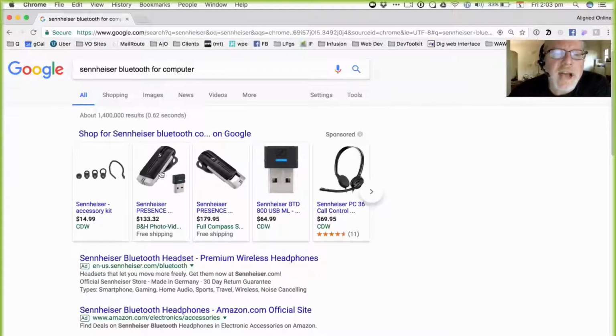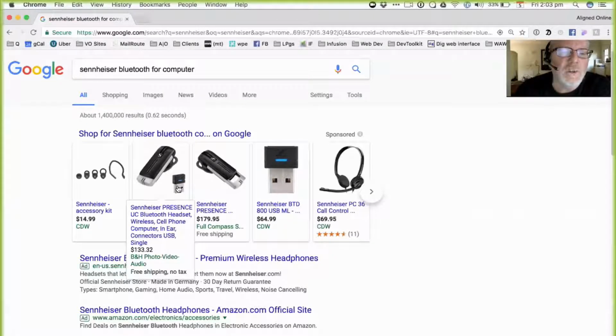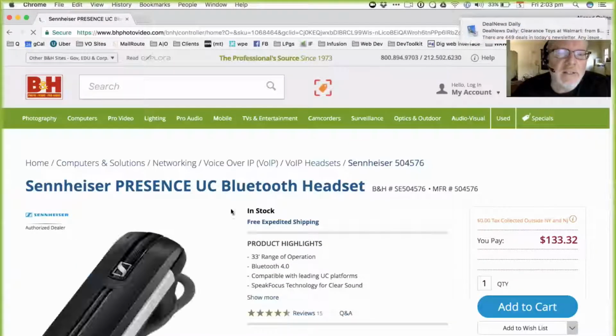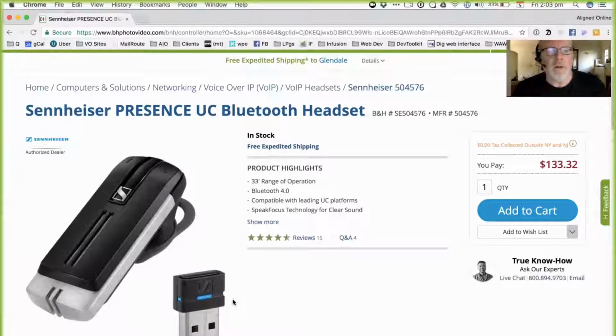So for instance, I'm using one of these Sennheiser doohickeys right now, and they have their own super special dongle because it's designed to put audio through Bluetooth. So it's much more